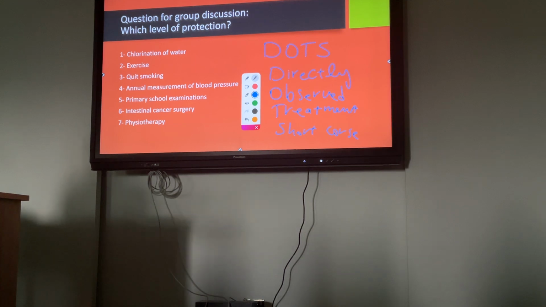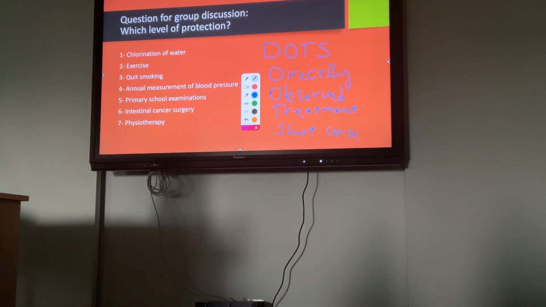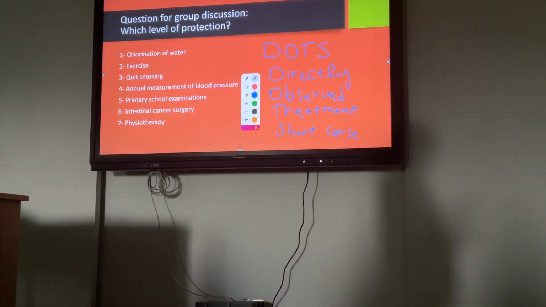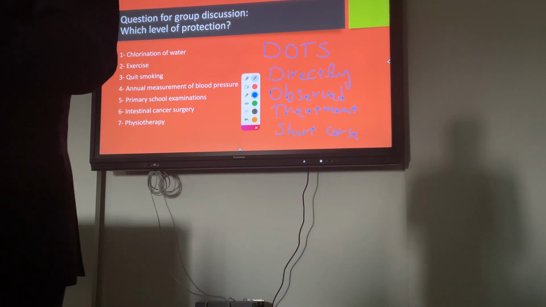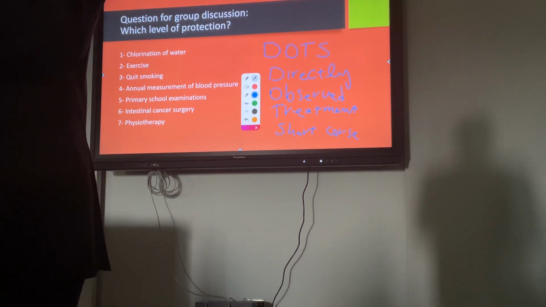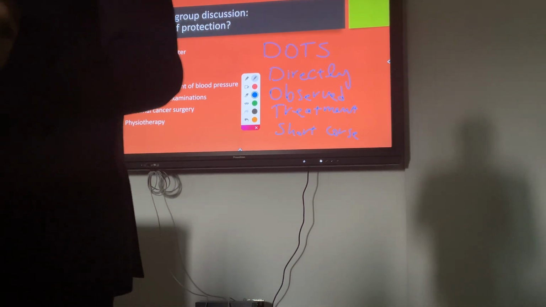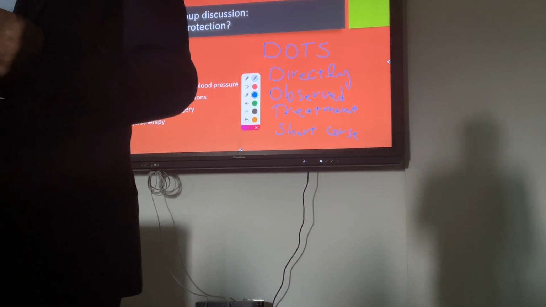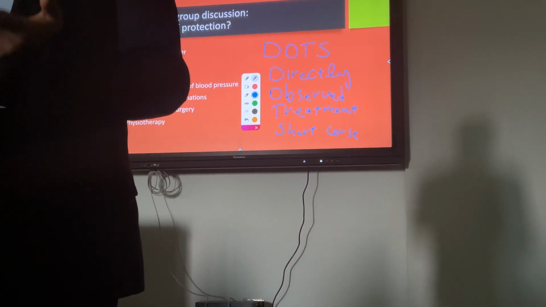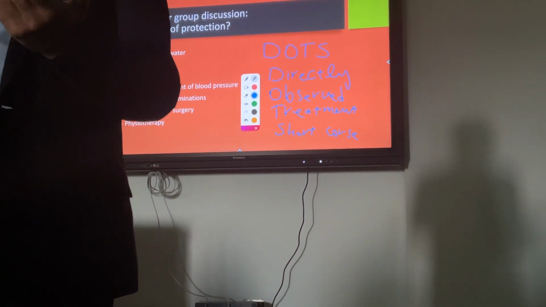What kind of treatment, what kind of prevention is that? Primary, secondary, or tertiary? Tertiary. Usually, we are thinking of tertiary because we know that the patient is in an advanced stage. But actually, it is not a tertiary prevention. Secondary? No, it's primary. Why is it primary prevention?